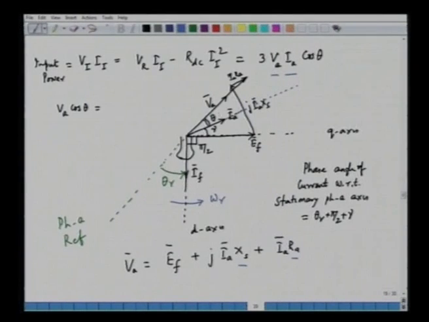If we project VA along IA, we get VA cos theta. Now, what are the other voltage drops on the same axis? We project the other voltage drops also on the same axis. The other voltage drops are EF times cos gamma plus the resistance drop,